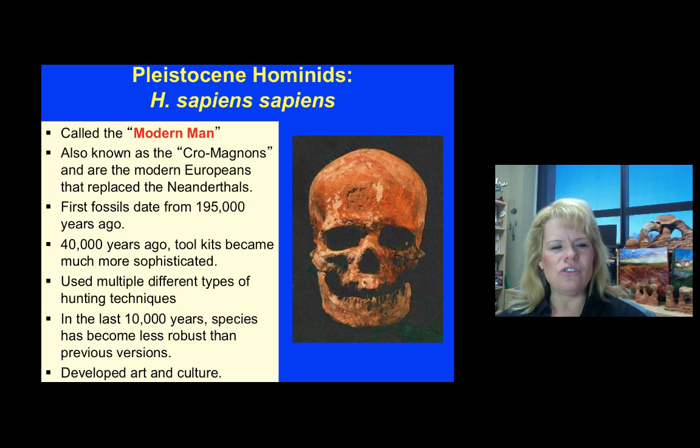In the last 10,000 years, we know that these animals have become much more sophisticated because we're a part of their kind. But even 40,000 years ago, toolkits were being made. How do we know that? We find the artifacts with the fossils. Another important thing to contemplate about this particular species of hominids is they developed culture and art. Much more advanced than prior hominids, and probably the only one closest to that would be the Neanderthal man. So this is a real development and a testimony to how quickly hominids evolved once we got the Homo species.